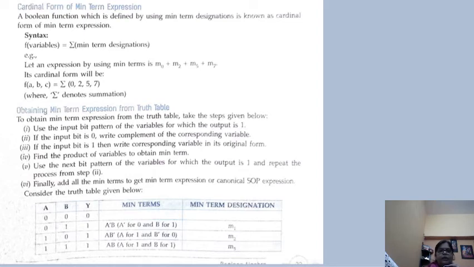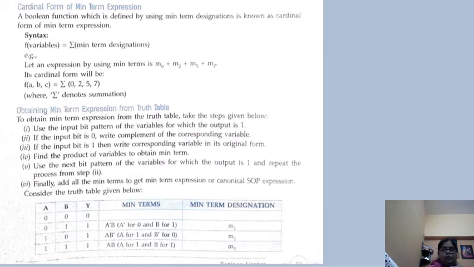When the expression is written in variables, saying what the 0 value is, what the 2 value is, what the 5 is, then it is the canonical form. The sigma sign denotes summation, meaning your sum.